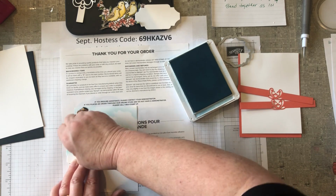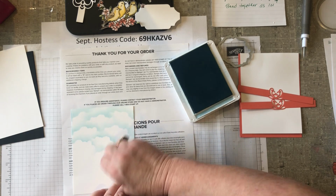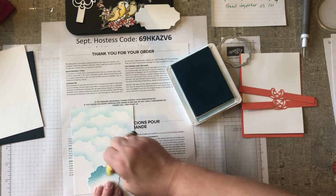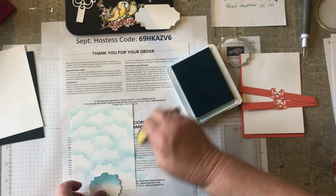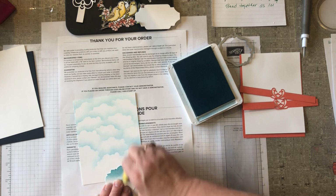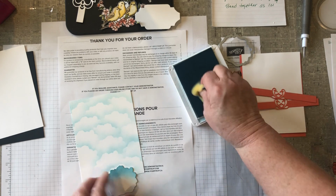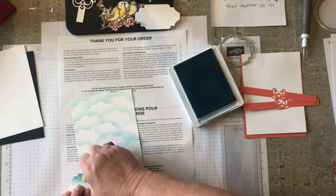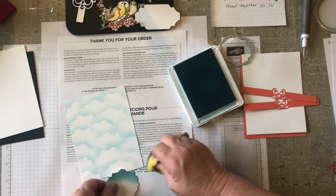You think about the sky when you see beautiful fluffy clouds in the day. I just love fluffy clouds. And I thought this image was great for that purpose. And you can see that I'm getting a really pretty cloudy sky. Not the clouds that you have in a storm. I'm going to do that one a little darker. But the really pretty fluffy ones in the summertime on a warm summer day. Oh my goodness, I love it. We used to lay in the grass